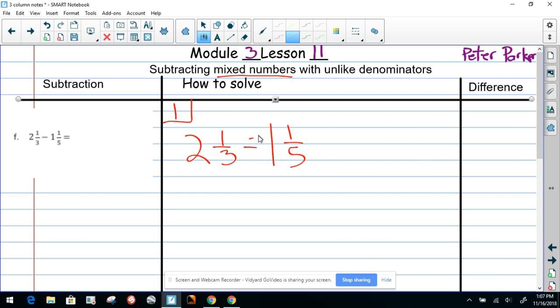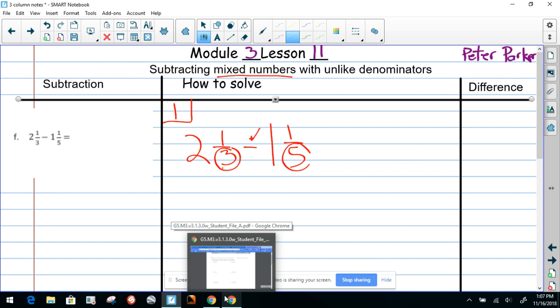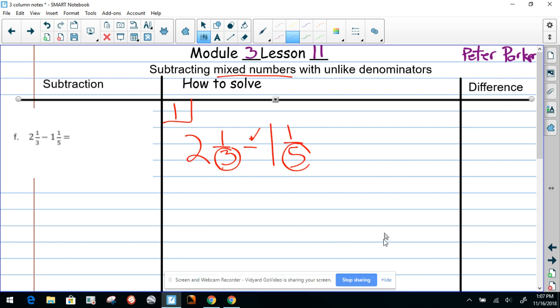Now I know this is a subtraction, and I know that these denominators are not the same. So I have to make them the same by finding equivalent fractions. So now our job is to do just that. So we're going to find equivalent fractions. This time I'm going to write it below it. So if you look at the number,